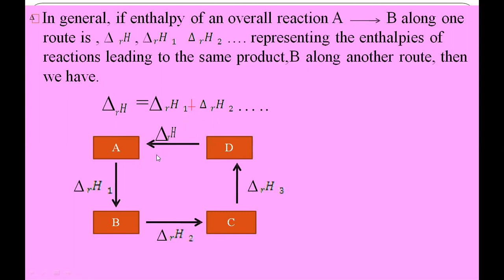If you want to find out the delta r H, what you have to do is add all the enthalpy changes at every step. So delta r H1 plus delta r H2 plus delta r H3, and then you will find the total heat change. Or if that reaction is carried out in a single step, you just find the change between the initial and final enthalpy, so you just calculate it directly, right?